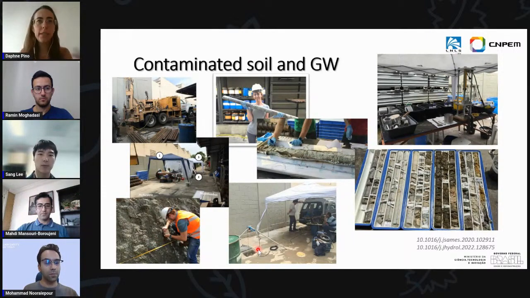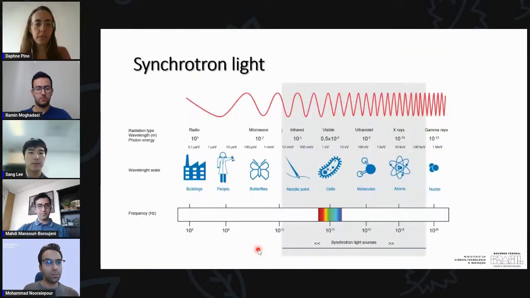So all of this is a very different scale from what geologists are usually used to, because we're usually looking at this local scale or even larger scale, even regional scale. But what is controlling everything that we were studying here is actually what is happening at a micro scale, at a fracture or at a pore scale. And to study that, we cannot just gather data directly from fieldwork, but we can use synchrotron light. So what is synchrotron light?